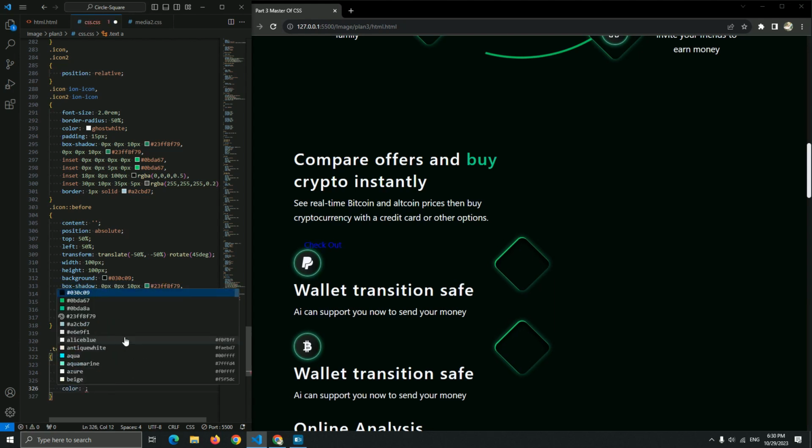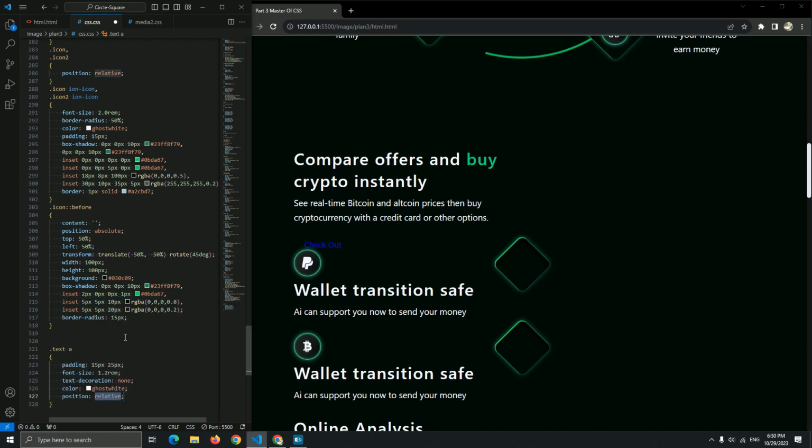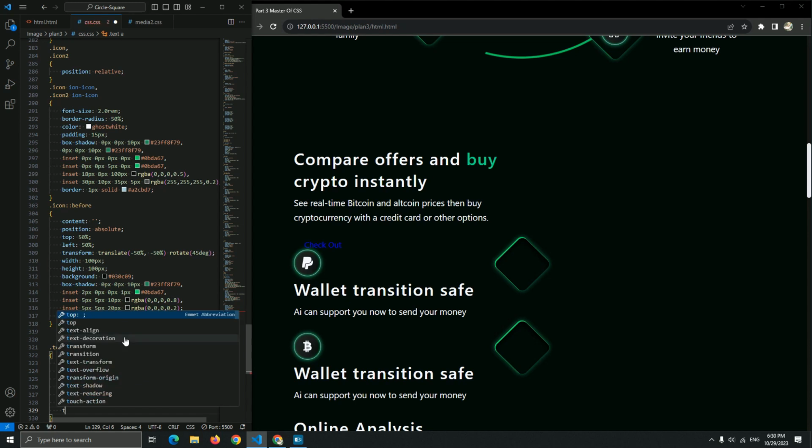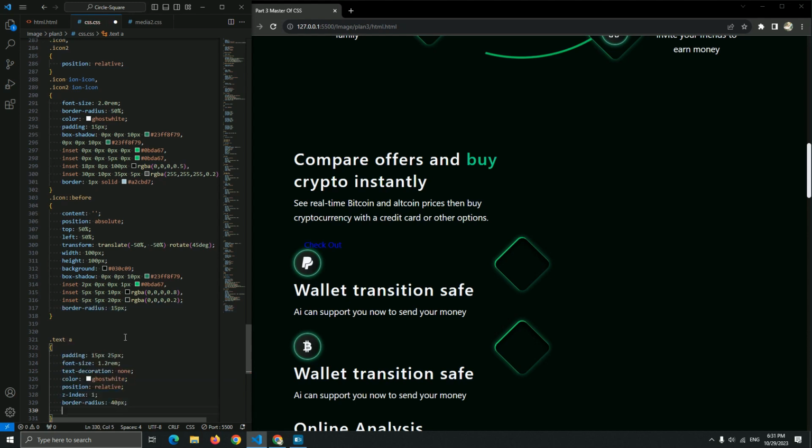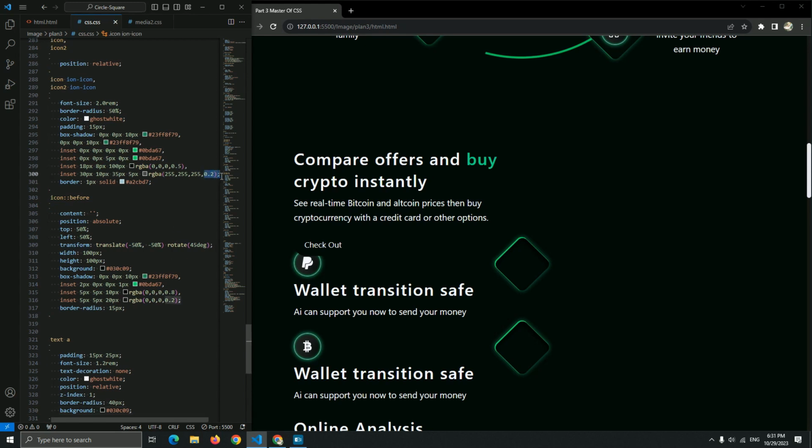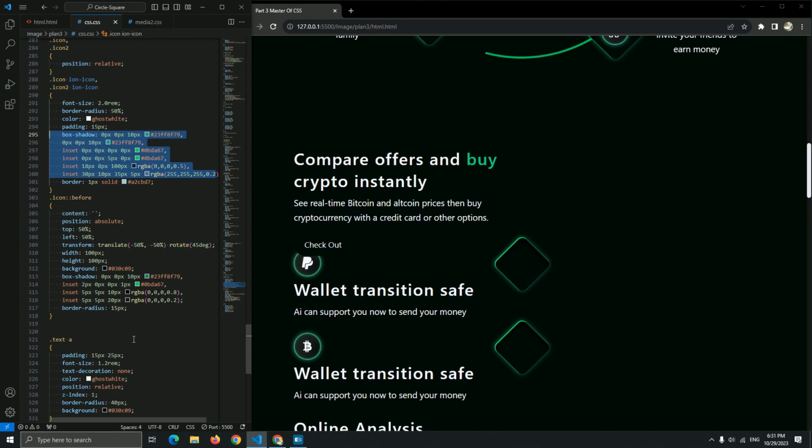Okay, and this color, let me add this, and set the position relative because we want to add it after or before for this, and the z-index 1. Okay, let me add border radius 40 pixel, and the background just like we added in body of this. Here we go.